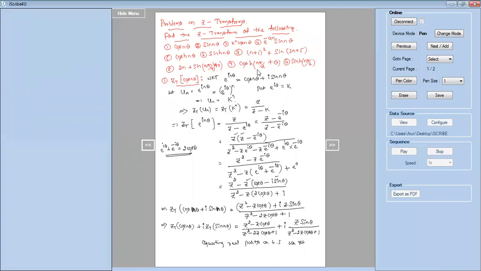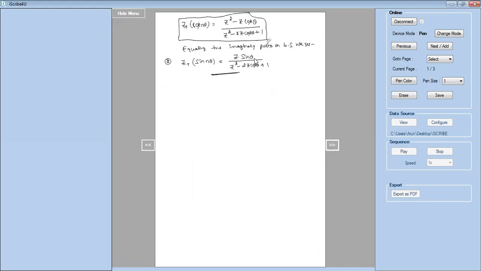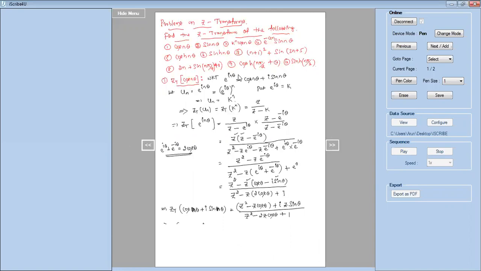See guys, in the annual exam, if asked the third problem or fourth problem, the z transformation of k power n cos n theta, e power minus a n sin n theta, if asked these two, then what should we do? To find the answer for the third one, first you find the z transform of cos n theta. I mean, you have to repeat this entire step here till here. Then I want k power n into cos n theta, so you have to apply the damping rule.